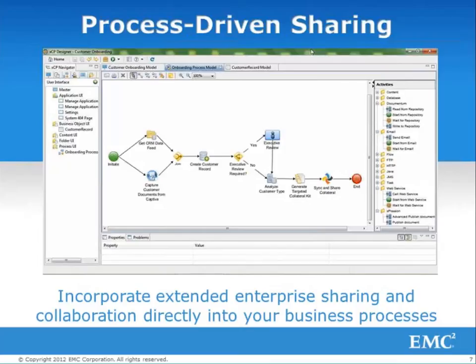So let's take a look at another productivity enhancement here, which is really using the business process in a dynamic way to drive how information is shared between information workers. So, for example, we can actually grab information from a variety of different enterprise sources. You can see here we're getting customer data from our CRM system. We're able to also grab documents that are coming in from scanners or fax machines and be able to digitize those paper documents, extract meaning out of them with OCR technology, and then merge that together into that information packet